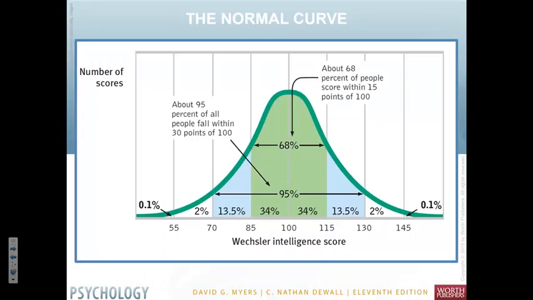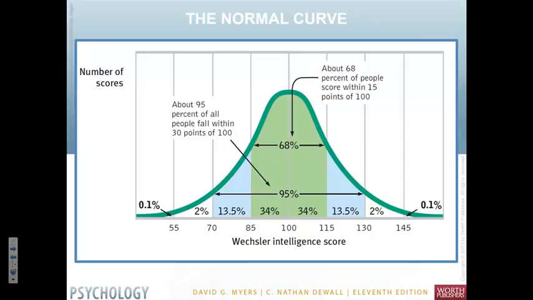If we idealize this, it looks like this, and this is what we call a bell curve. It's a normal distribution. In this case, it's the results of the Wechsler Intelligence Scale. We see here that there's a mean of 100, and that one standard unit of deviation, the average amount of deviation from the mean, is 15 points. So going up, it's 115, 130, and 145, and going down, it's 85, 70, and 55.